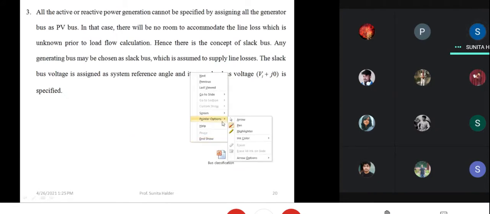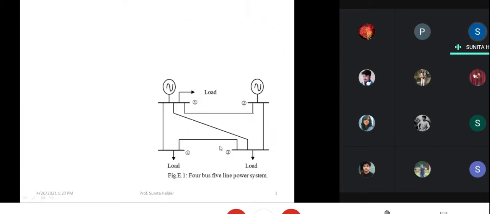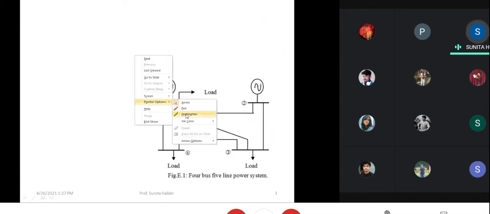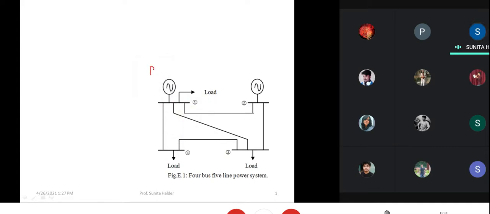So here, for this particular generator, see, if we make the generation of this generator variable. Why? Because it has a particular generation, but what is the loss? That is not known. We assume that this is supplying the loss. So some variable part is there. So it in turn becomes variable. So PGi, QGi are variable. Then V and delta cannot be fixed. Is it not? Then how can we reduce the four parameters to 2?